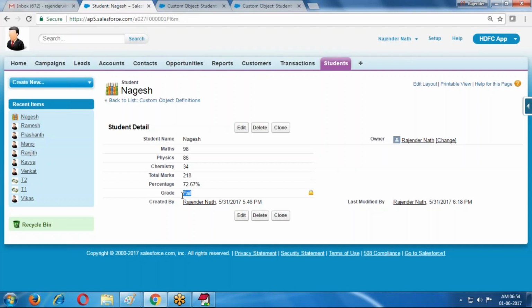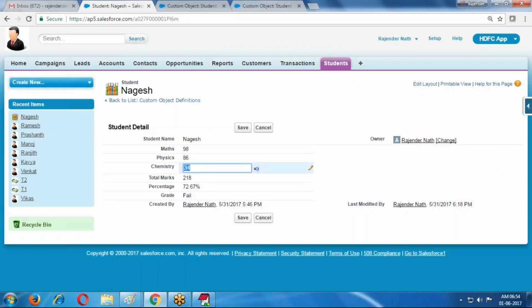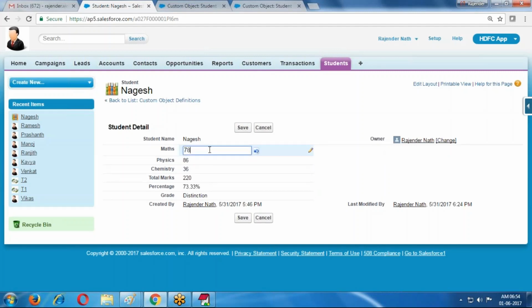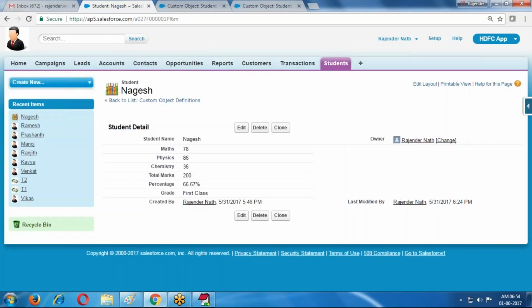If I refresh, Fail is the output. Based on the subject marks, if it is 36, then 73% Distinction. If it is 77 or 78, then 67.67 First Class. So First Class, Second Class, or Third Class or Distinction are displayed based on the percentage marks.